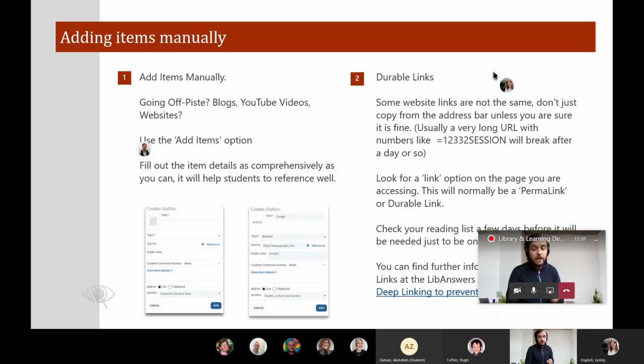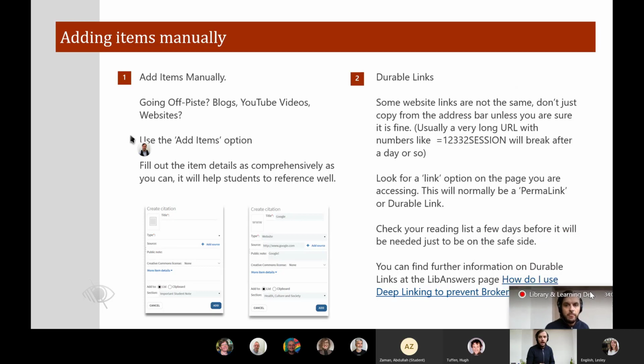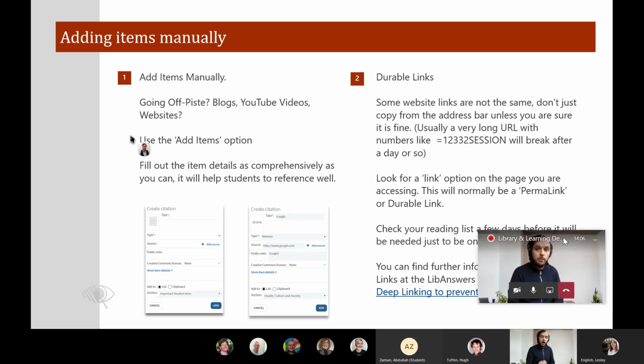One thing to mention, and it's definitely something to remember, but maybe not to dwell on, is something we call durable links. You can actually link to resources from this: websites, blogs, lots and lots of fantastic YouTube videos. And you might be considering using those and making really vibrant reading lists, and because it's digital, link straight out to them. Please be aware that the links in the title bar are sometimes not necessarily the correct links. What you need to do is use what's called a durable link. You'll find on the page of most of these websites there's the option to link or share. That is a link which actually works properly. I just wanted to mention that.